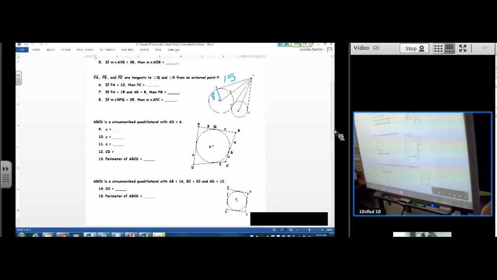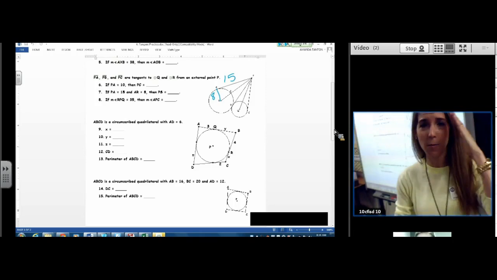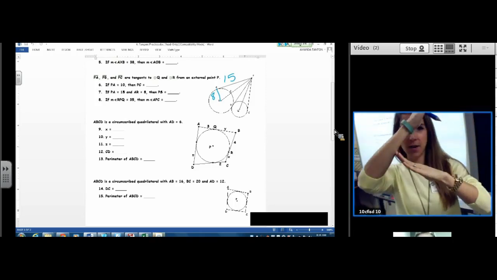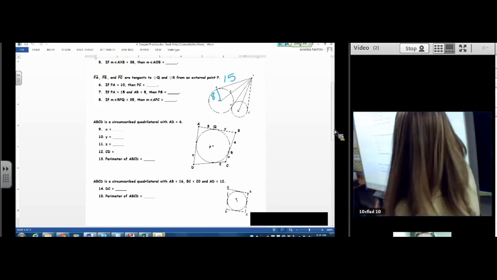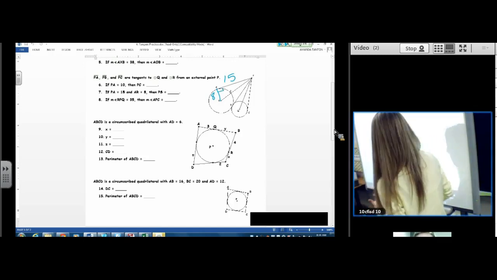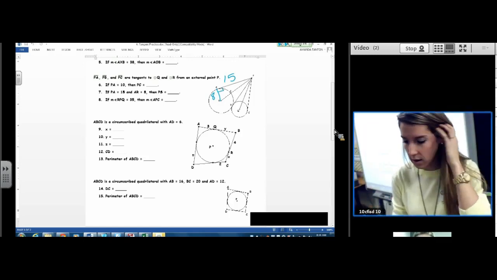Okay, so sorry, we're doing number 7. If PA is 15 and AR is 8, we learned yesterday when a radius meets a tangent line, you get a right angle. When a radius meets a tangent line, you get a right angle. So that one's Pythagorean theorem. 8 squared,